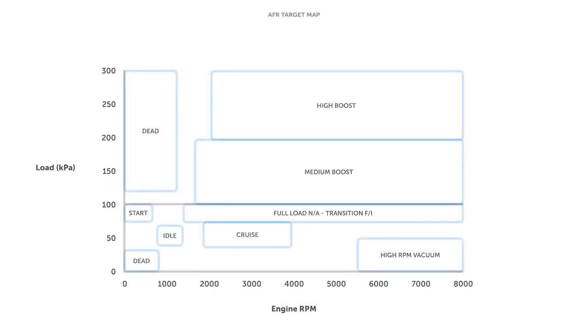The AFR target map is really just a 3D table of load versus RPM that matches the same breakpoints we've used in the main fuel table. This gives us a table that we can fill in with our desired AFR targets for different areas of the engine's operation. We're going to be using this map when the time comes to actually tune the car, but before